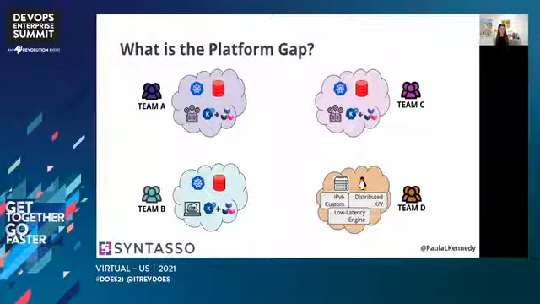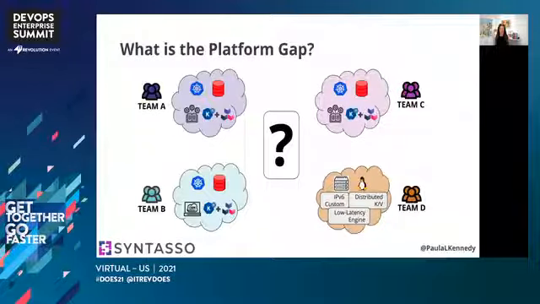And maybe you've got hundreds of other similar but separate teams. Maybe your organization has made acquisitions in the past, and you've got lots of separate teams doing similar things, but not working together. This is what it looks like when you've got a platform gap. Each team is juggling all of the components of the stack themselves. They've all got to cross this gap, going from infrastructure to actually delivering value to end customers with their applications.